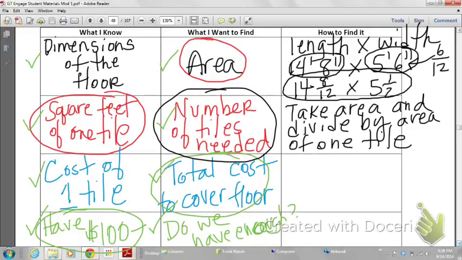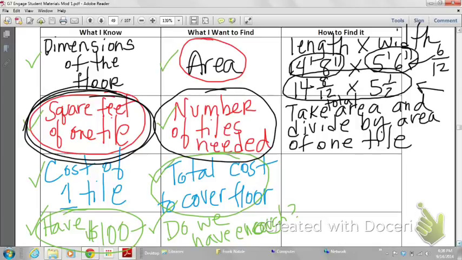And that information we have right over here. We have the area of one tile right there, and if we take the total area, which we will get from this, and then divide it by the square feet of one tile. Now to get total cost, we are going to take those total tiles needed